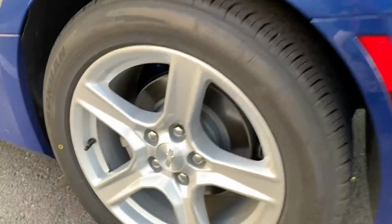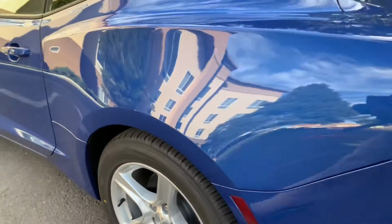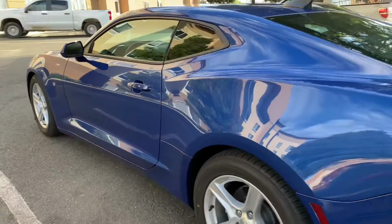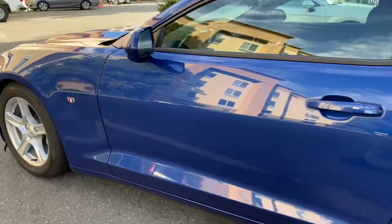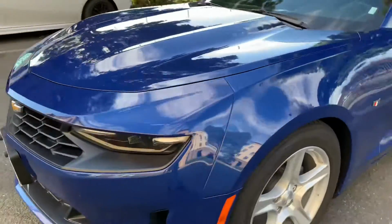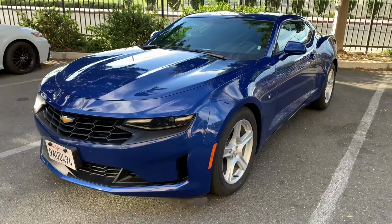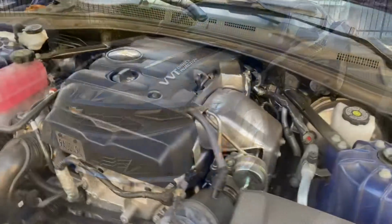So, standard 18-inch wheels with a 245/50 18 tire, all season. They're pretty grippy. Makes the car feel really planted, and they look pretty cool. I think I would paint them a different color. The styling's great. The hood's cool. I'm not a big fan of the newer style front end, but the taillights are so much better than they